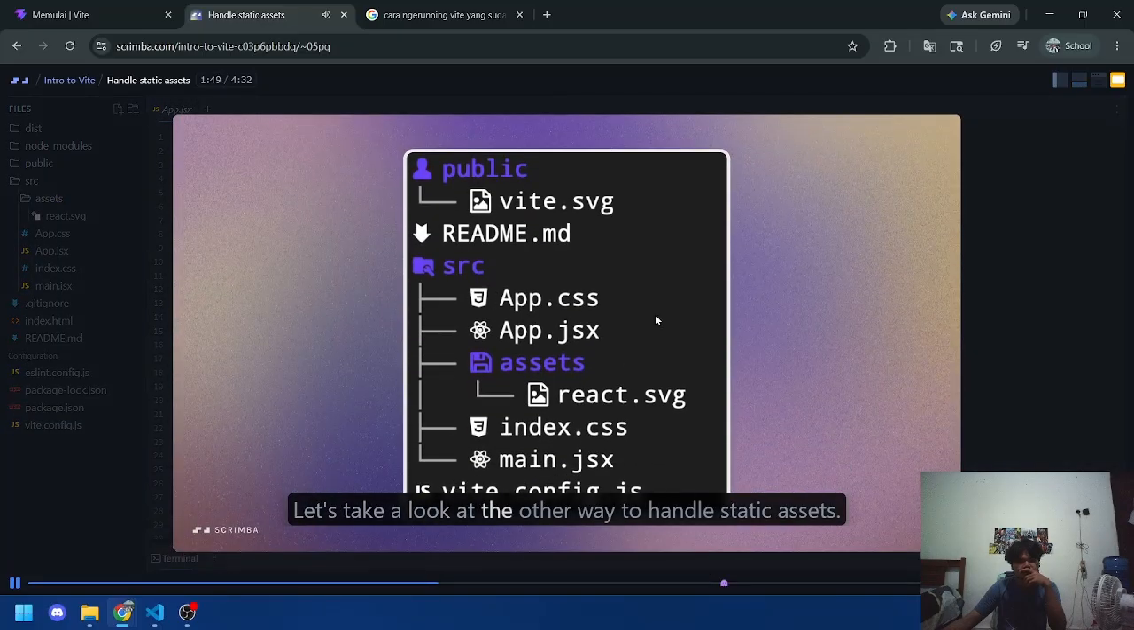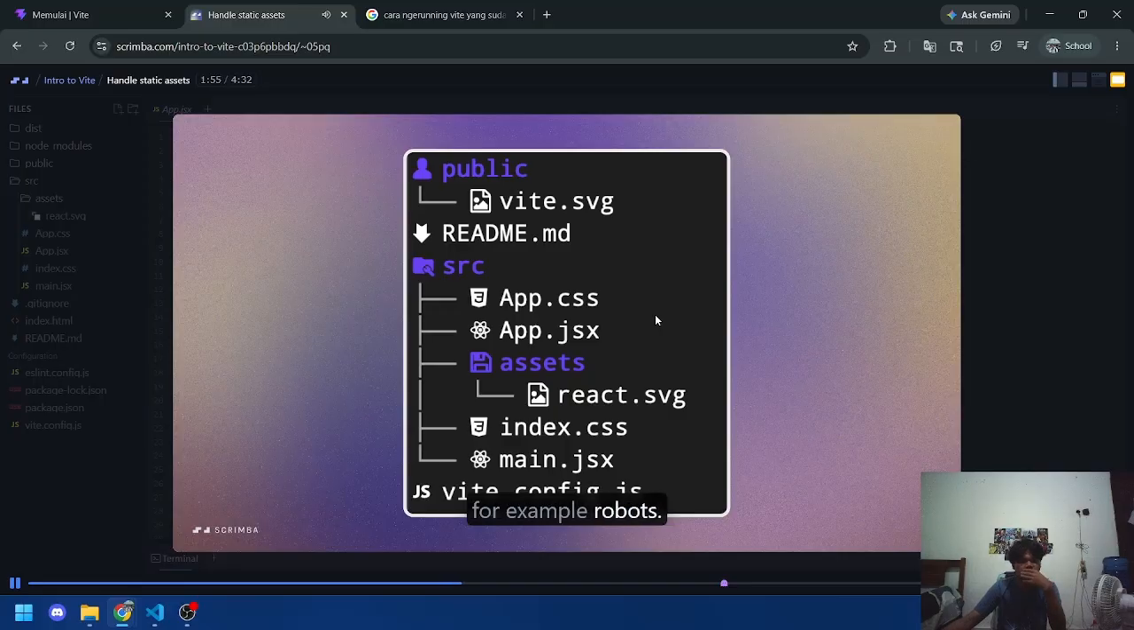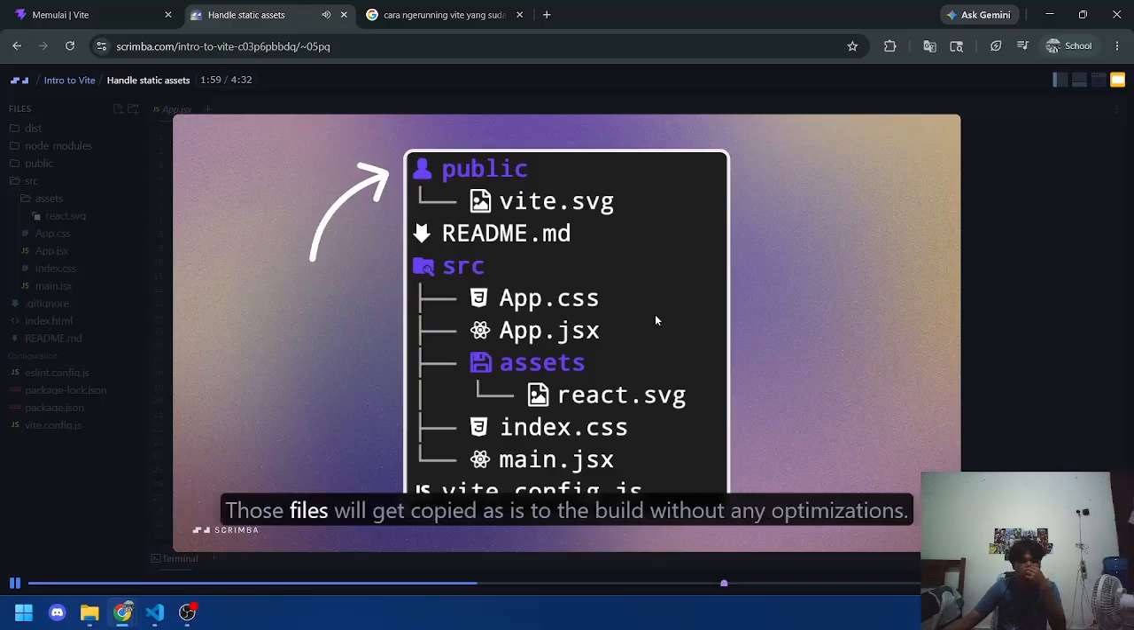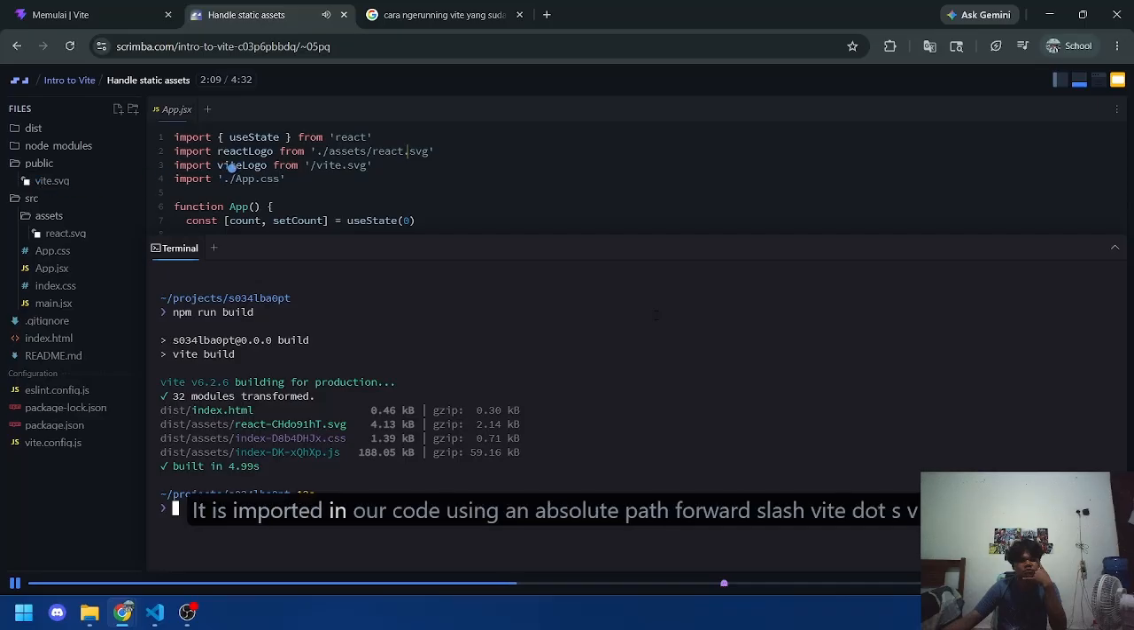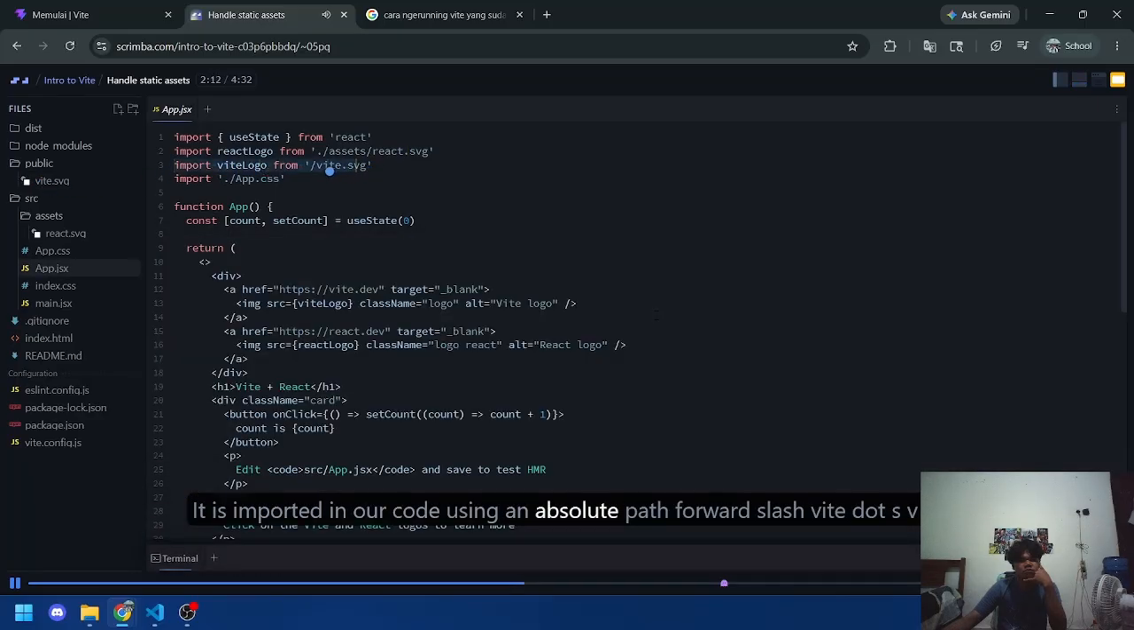Let's take a look at the other way to handle static assets. For files that you don't need to get optimized, for example robots.txt, you place them in the public directory. Those files will get copied as is to the build without any optimizations. An example here is the Vite logo that we see placed in the public directory. It is imported in our code using an absolute path